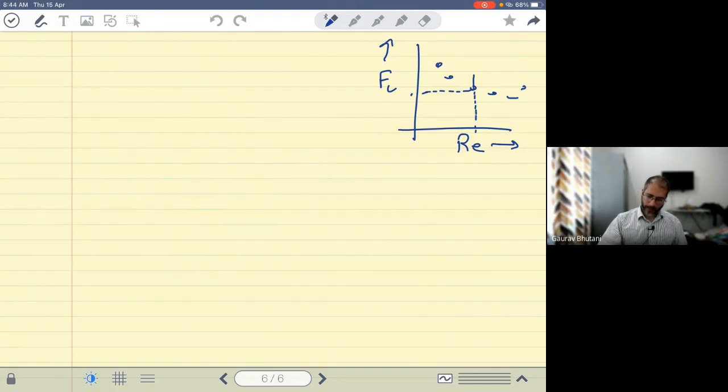Once we do that, then in the model we'll be able to measure the lift force by putting some sensors. We have to hold the wing, so how much vertical force has to be applied on the wing to hold it will be equal to the lift force. So let's say the lift force on the model is measured.